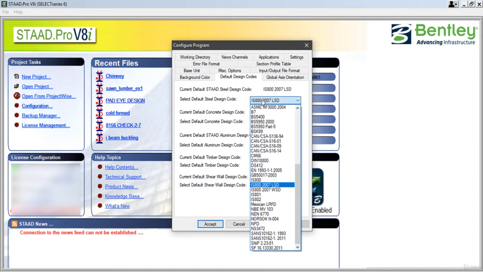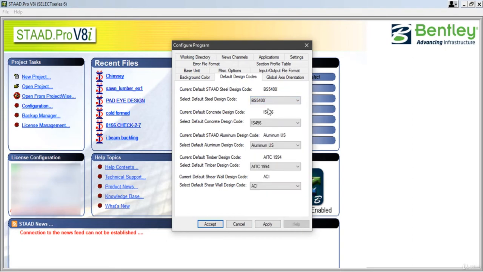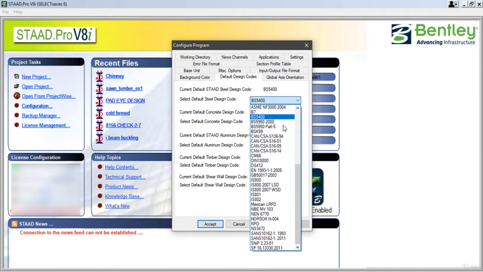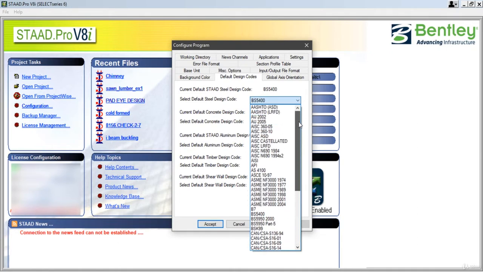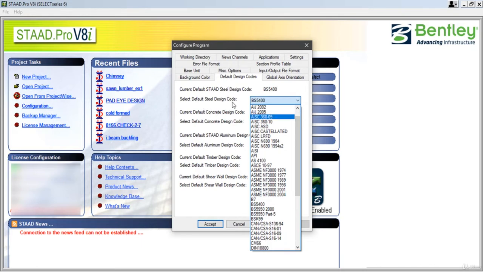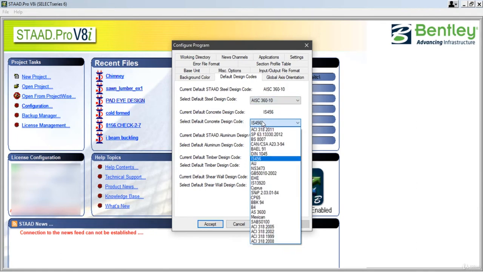Again I repeat, it is not like if we select for example BS5400, BS5400 will be available only inside. All of the design codes available here will be available depending upon the license you have. For default steel design code we can go ahead with AISC 360-10. For default concrete design code we can go ahead with ACI 318 2011.